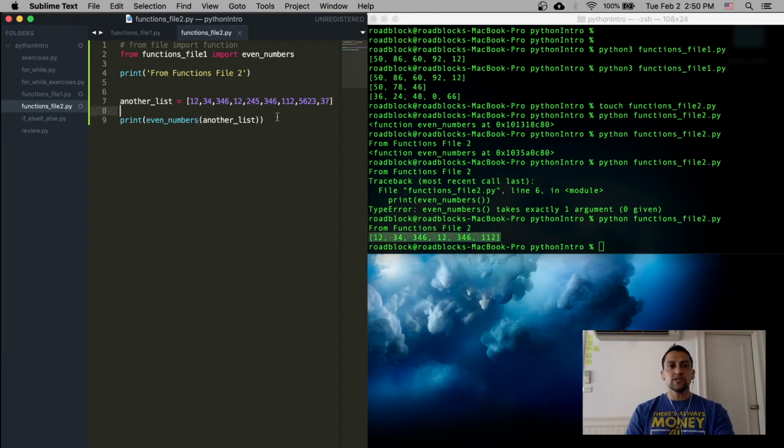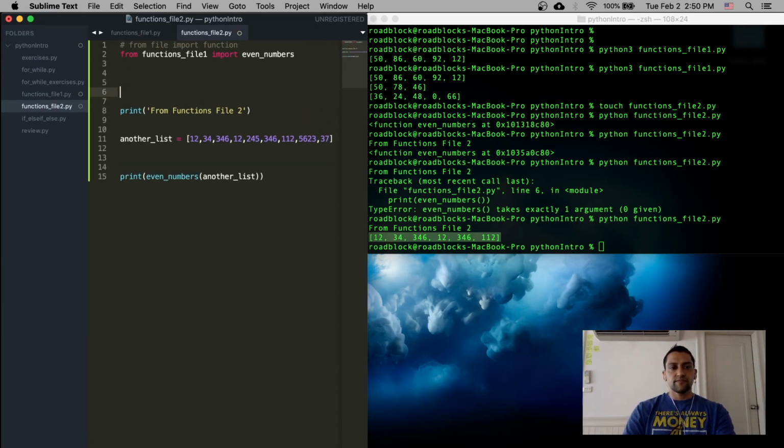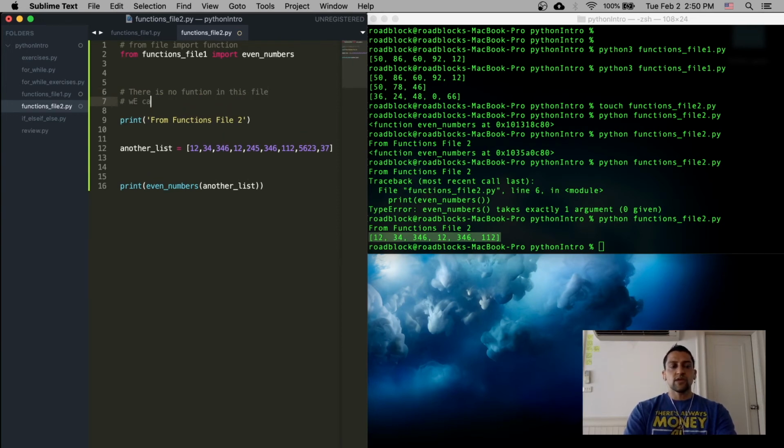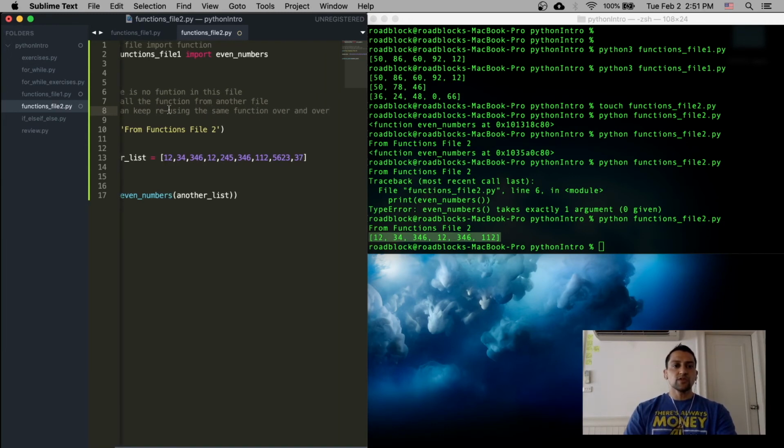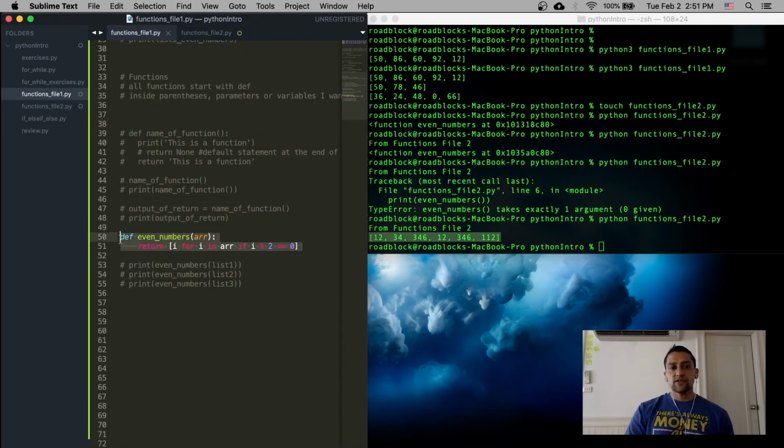So this is how we can use it in another file. You're going to see a lot more of this when we get into classes, when we get into Django. We're going to use code that was written and we can reuse code. So functions make it possible to reuse code. In this file, there is no function in this file. We call the function from another file and we can keep reusing the same function over and over. So I really want you to understand the logic of a function, not so much inside